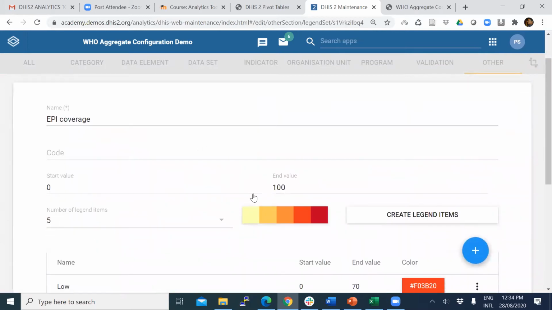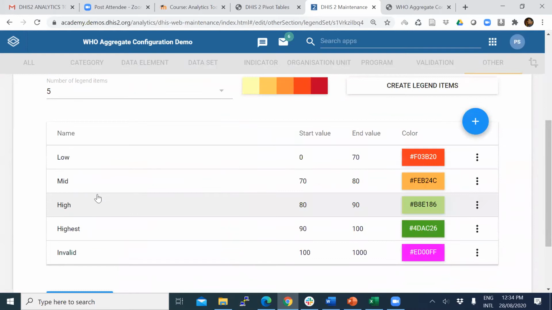So this is the legend. In this legend, I have used 5 colors. Range 0 to 70 is low, with red. Mid is 70 to 80. High is 80 to 90. Highest is 90 to 100.